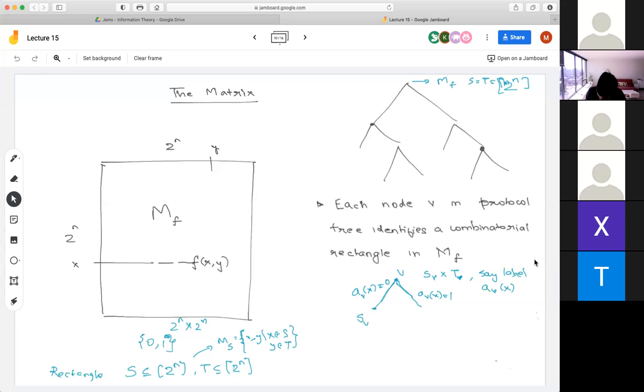And I claim that if you look at all points where A sub v is 0, and then keep the set of y's the same. Similarly, here you can think of all inputs which led you to the parent node and restrict to all inputs where